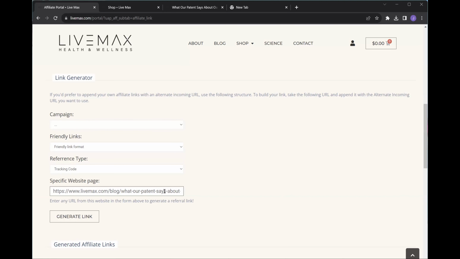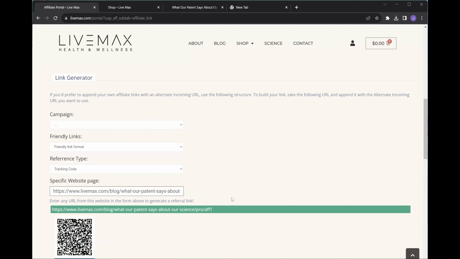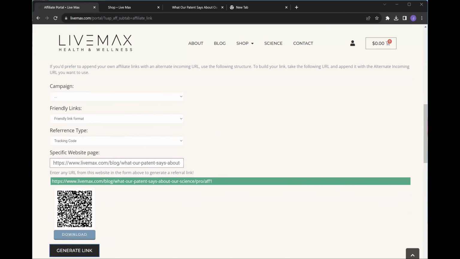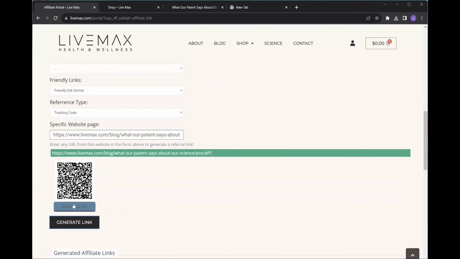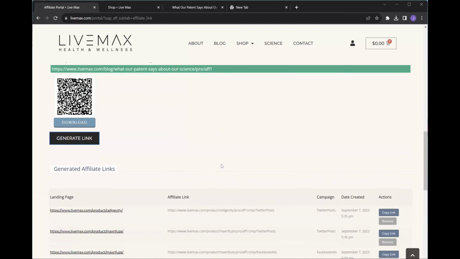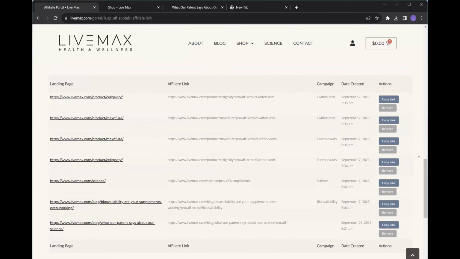But so I pasted this blog article into my specific website page here. I'm going to hit generate link. And then now I've got another link. It pops up right here. You can go ahead and download this QR code it generates for you, or copy the link or whatever, but it also adds it down here in your generated links. So